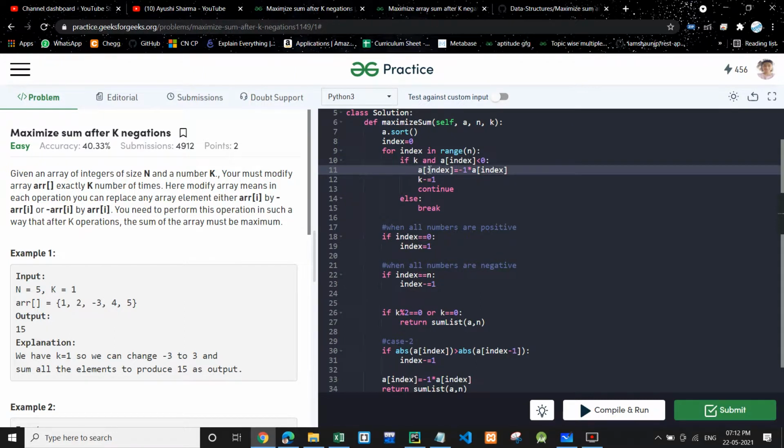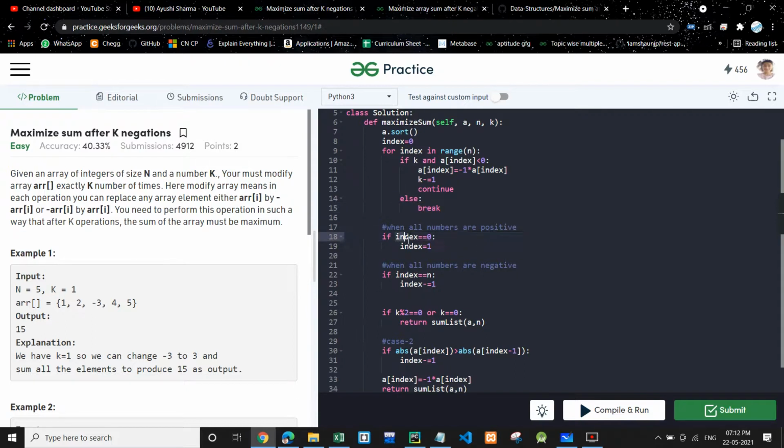So the positive number will be stored at this index now. And also we'll decrease the k value by 1, and we'll continue. Else, if k has become 0, or we have encountered a positive value or a 0, we'll go in else and break out of the loop.